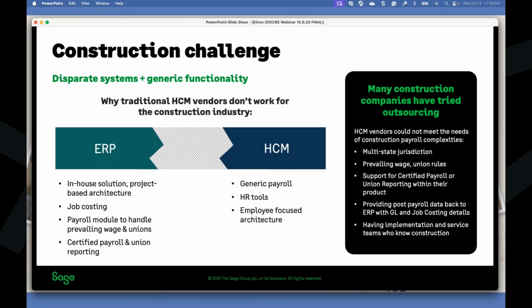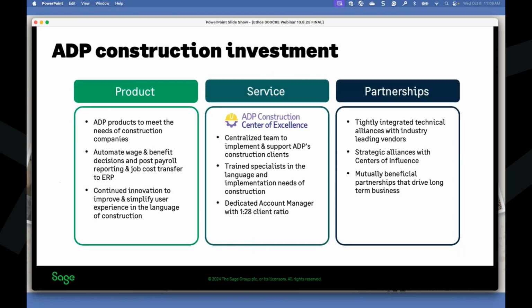So with that, we made an acquisition of a company in 2021, Denise, you can jump to the next one, and we finally got that embedded within Workforce Now, which is powering Sage Payroll, in 2023. And it boils down into really 3 sectors of what this means to you, the customers. One is the product.